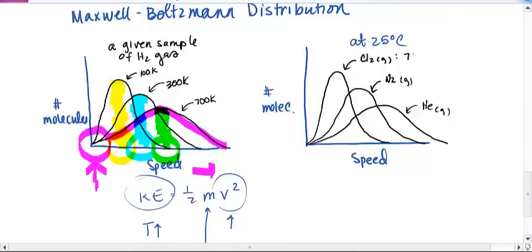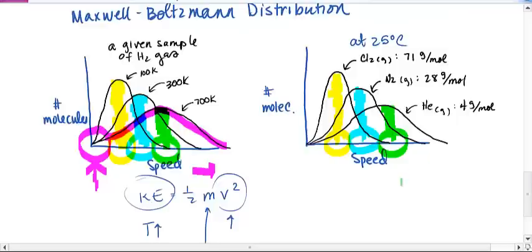But chlorine gas has a molar mass of 71 grams per mole approximately. Nitrogen has a molar mass of about 28 grams per mole. And helium, 4 grams per mole. And so what you can see from this is that the heavier molecule has an average speed that's lower than the medium-sized molecule, which has an average speed that is lower than the very small molecule. So the small molecule has the greatest average speed, which again, if we look at this equation here,